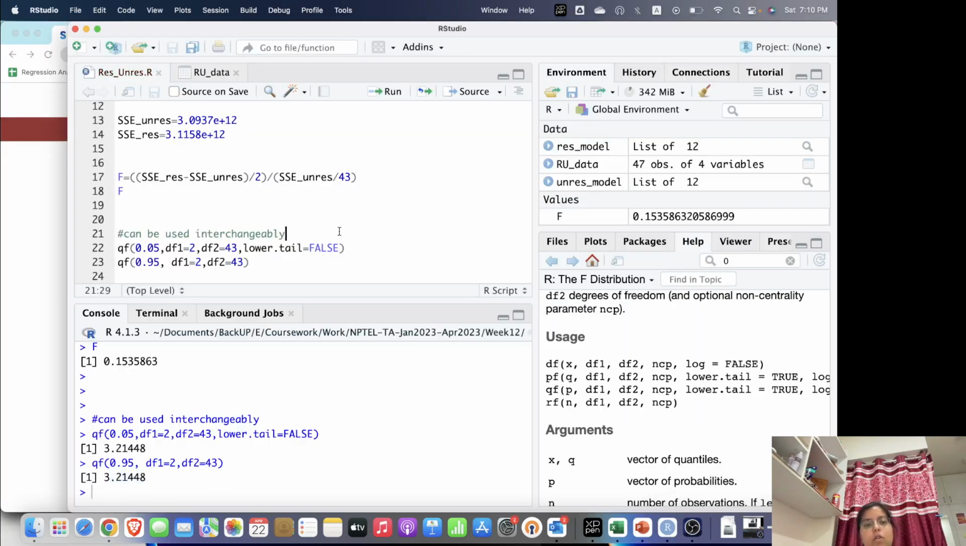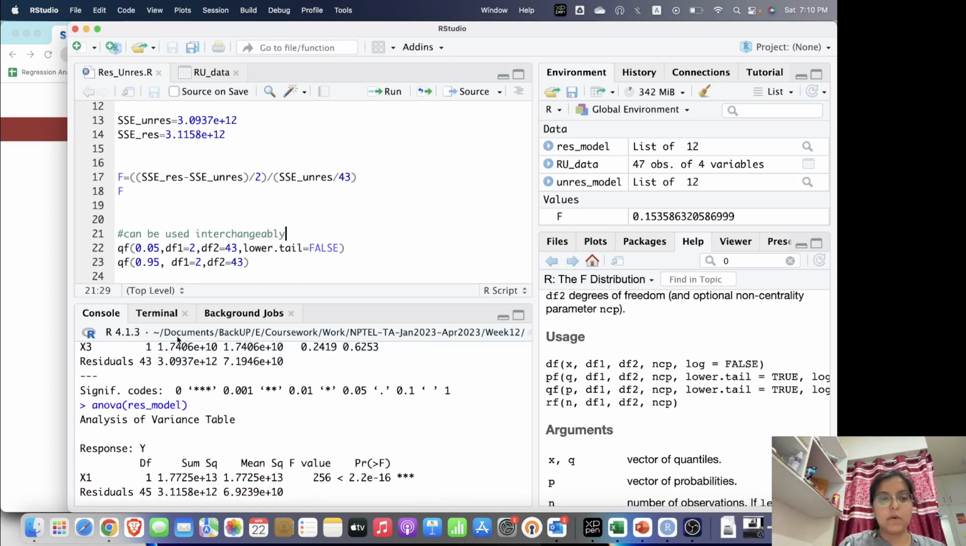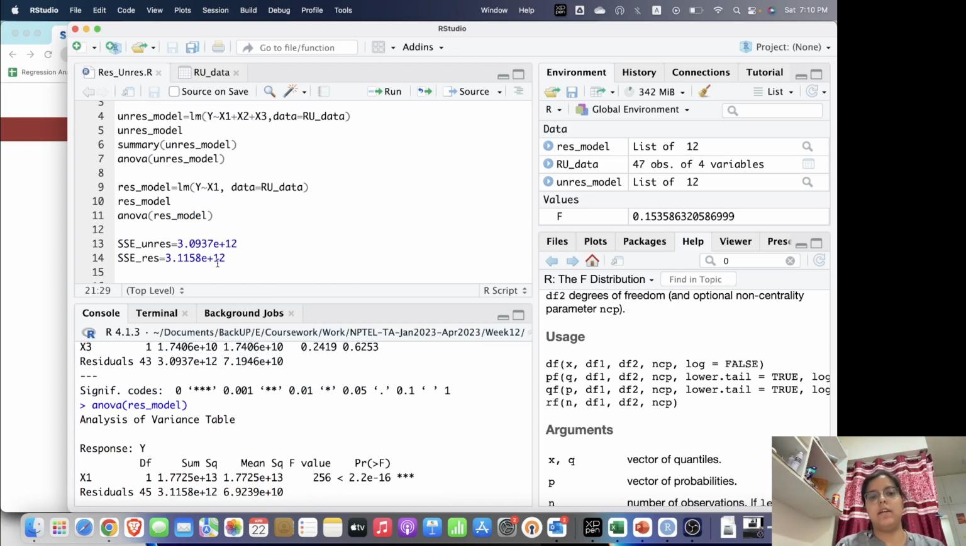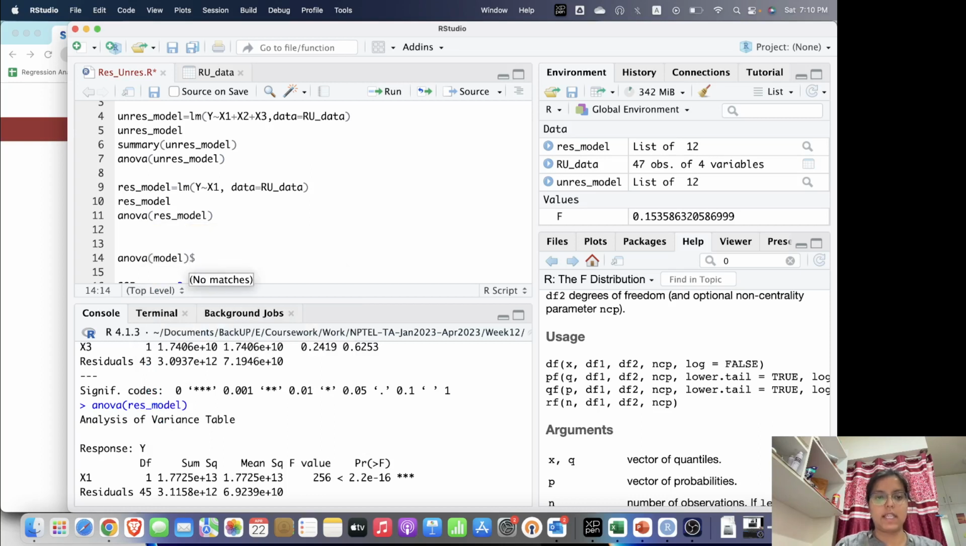So whatever F test you have, if you know the logic, you can just get the values from here and then go for testing. Here I copied the numbers. If you want exact numbers, you can just play around a little bit. If you do the ANOVA model and then give a dollar sign or something, there will be ways to extract. So if you look at the structure of this thing,